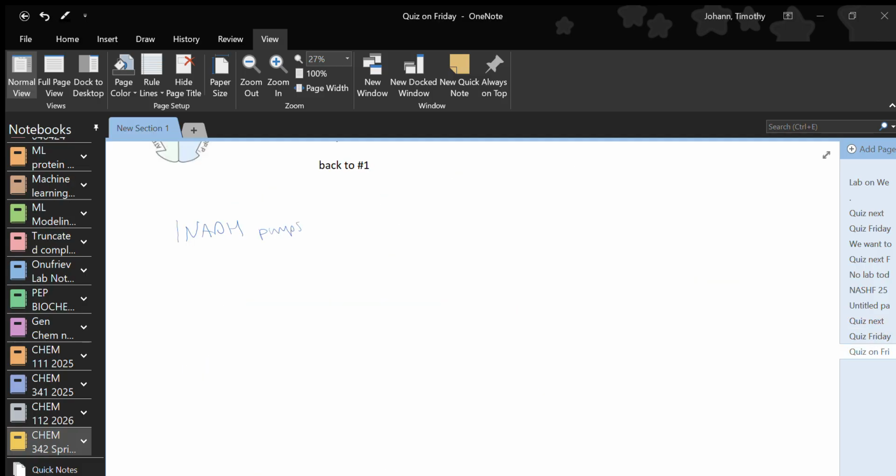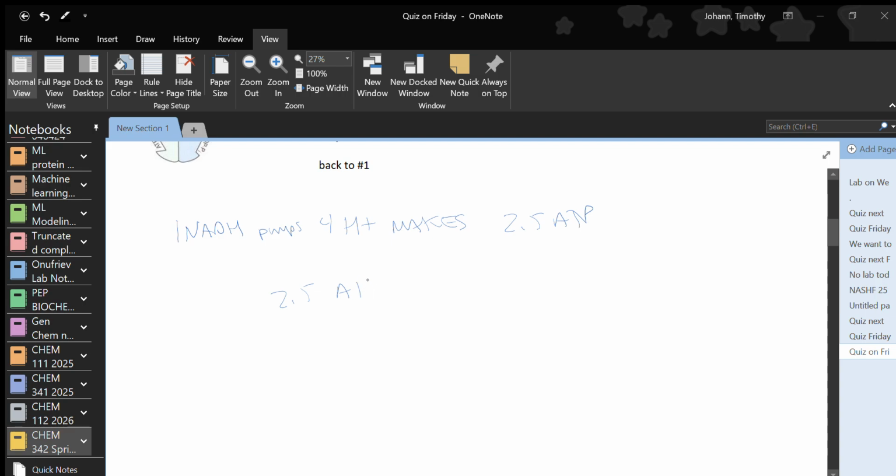So that's what I'm talking about. So one NADH pumps 10 H+. How many ATP do we say usually you get from an NADH? 2.5 ATP. Okay, so we have 2.5 ATP is equal to 10 H+,